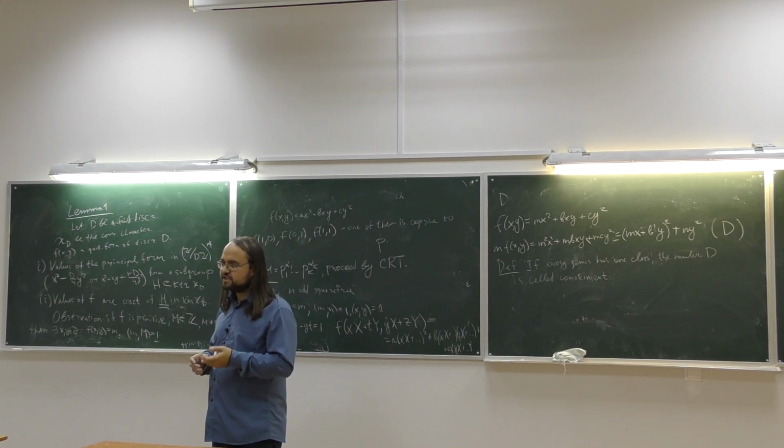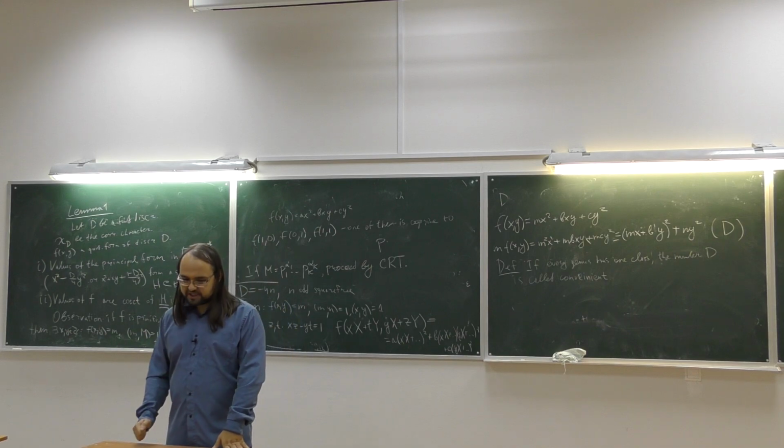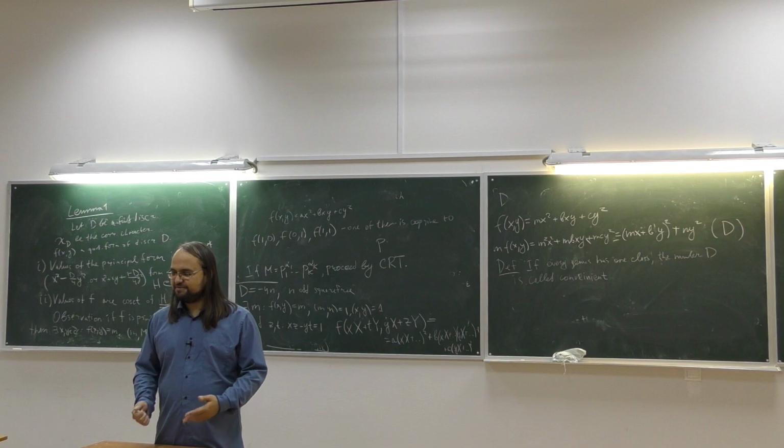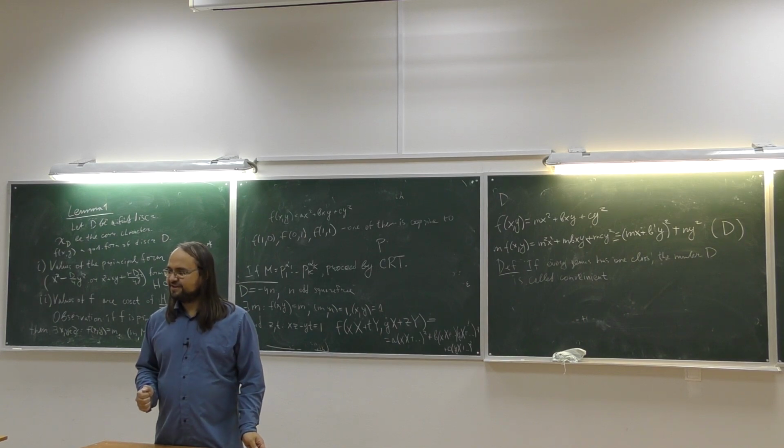Of course. This is because every genus is a coset of the principal genus in the class group, correct? The principal genus is the genus containing the principal form. Due to the fact that you can multiply forms using the composition law, you